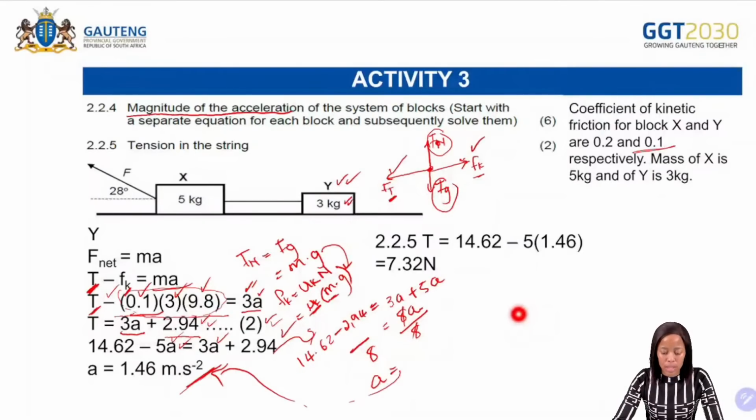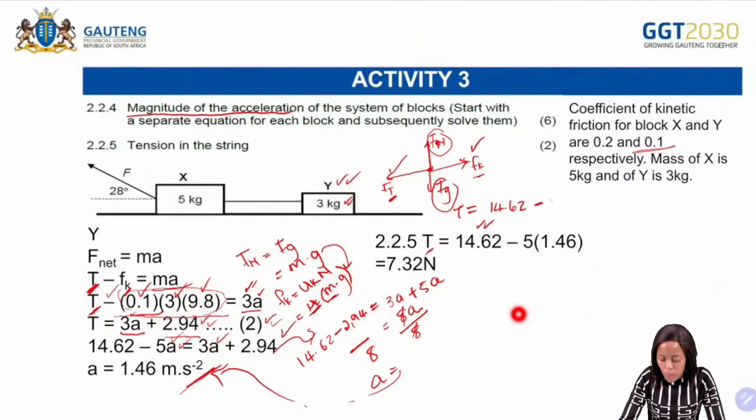2.2.5, it now says that you must calculate the tension. Okay, so how are you going to calculate the tension? After you have between equation 1 and equation 2, which has a positive tension, you are going to take any of the equations. In this case, we used equation number 1, and our equation number 1 was T is equal to 14,62 minus